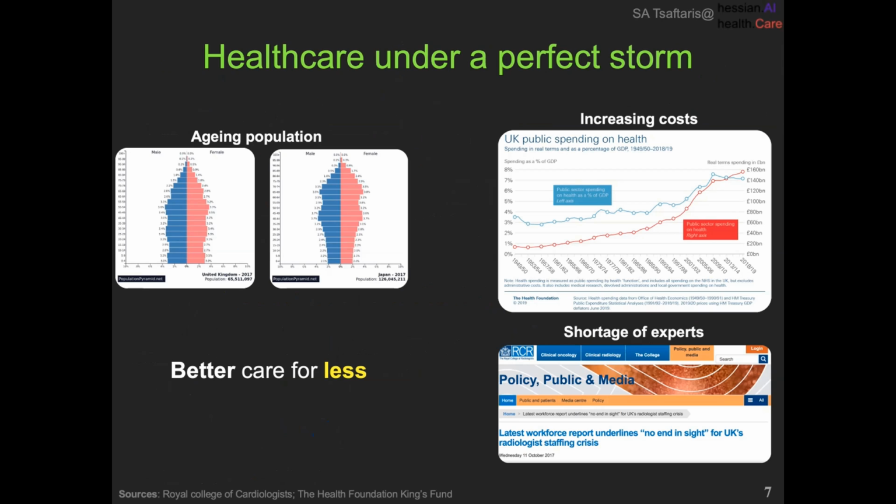Now, the healthcare system, I don't know if you realize it, is actually under a perfect storm. We have a considerably aging population. These are the two age pyramids. On the left is the UK, on the right-hand side is Japan. The costs are continuing to increase. We spend approximately 10% of our GDP in the UK on healthcare costs. And despite